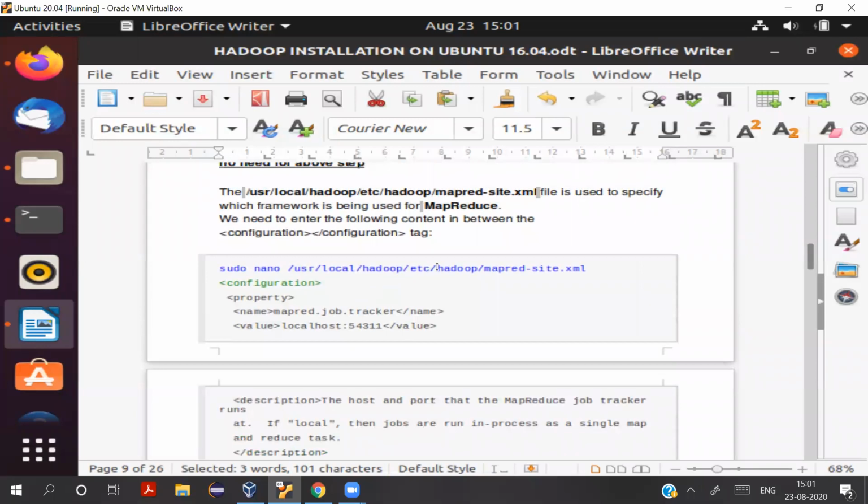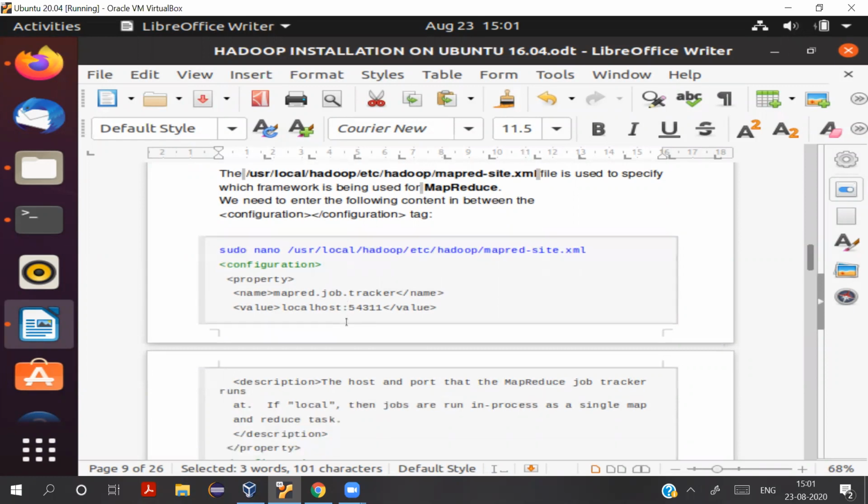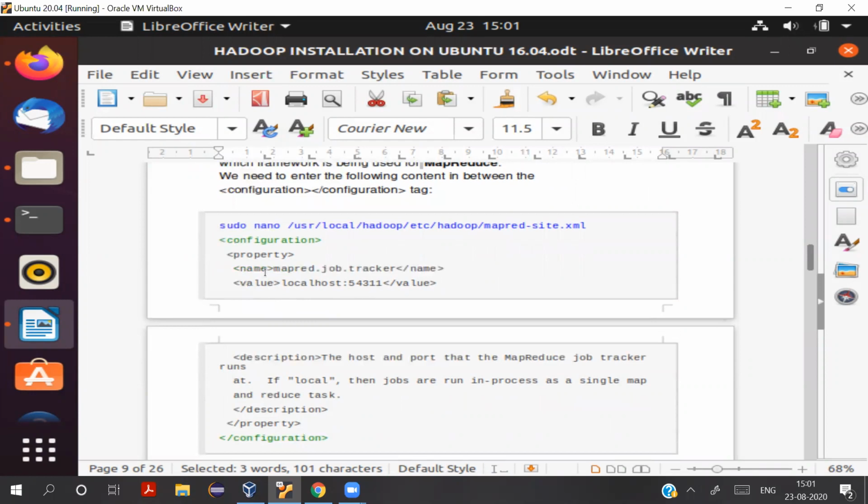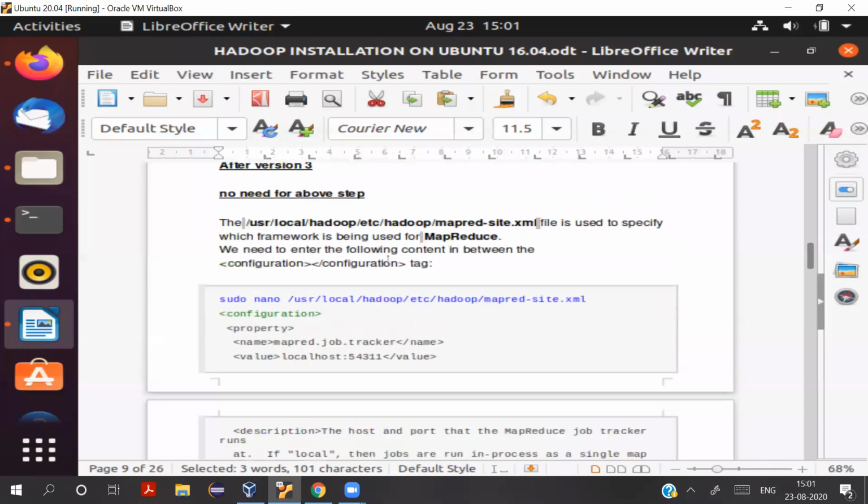What configurations we do in mapred is we simply give the processing path there, the host and the port that a MapReduce job tracker runs. So whatever processing needs to be done for this, you need to copy this configuration and put it there. Okay, so let's first open up the file with this command.